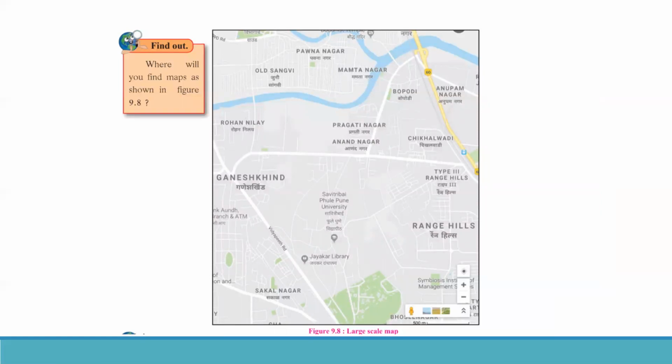This is a very common map. Where do you come across such kind of maps? You want to travel anywhere nowadays in this fast age, what do you come across? Mobile phones. You don't know the location, you don't know where this place is. Immediately you put your Google Maps on. Yes, you'll find these kind of maps on your Google Maps.